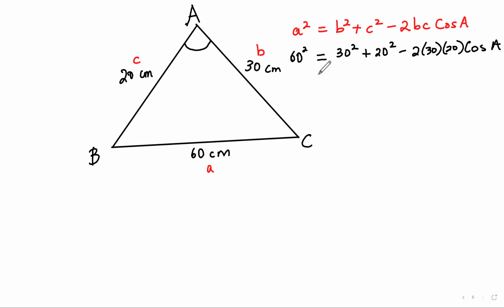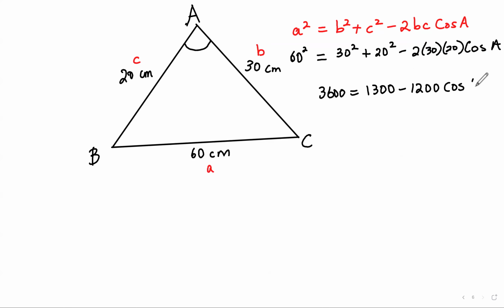So simplifying, 60 squared is 3,600. 3,600 is equal to 30 squared plus 20 squared. I'm working that out directly on my calculator. That would give me 1,300 minus 2 times 30 times 20. That's 1,200